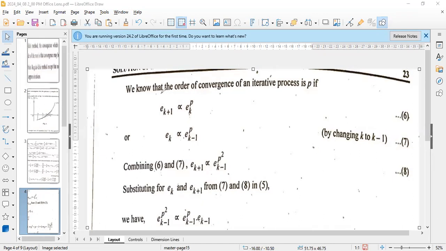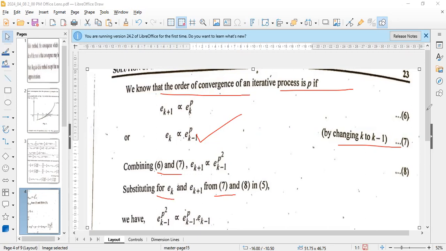We know that the order of convergence of an iterative process is p if ek plus 1 is directly proportional to ek raised to power p, or ek is directly proportional to ek minus 1 raised to power p by changing k to k minus 1. We have changed this k to k minus 1. Now combining equation 6 and 7, we have ek plus 1 is directly proportional to ek minus 1 raised to power p square. Substituting for ek and ek plus 1 from 7, 8 and 5,